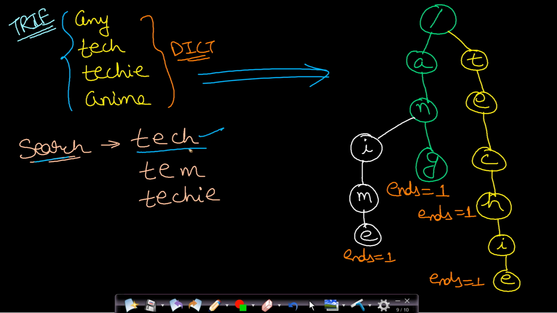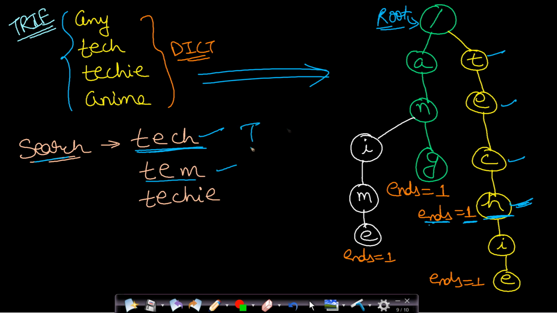Now we want to, let's say, search for tech. So we will start from this root. This is our root, and from here you can see that T is present, again E is present, C is present, H is present. Now our word has ended. In this case, at H, you have an ends value greater than 0. This ends value at a given node will indicate the number of words ending at this current node. In this case, ends value equal to 1 indicates that there is one word which is ending at this node starting from root. So tech is present and this is present only once in your corpus. So the ends value will be 1. And ends value 1 indicates that this word is present. Therefore, you will return true in this case.